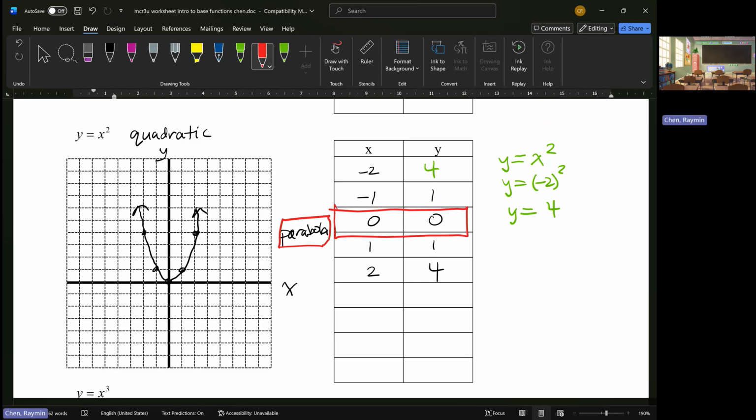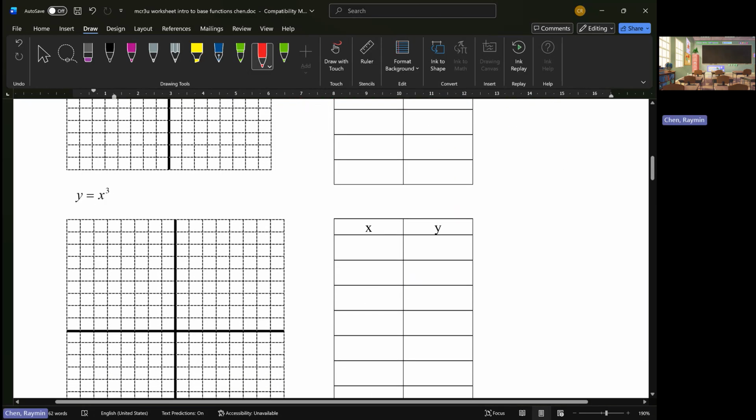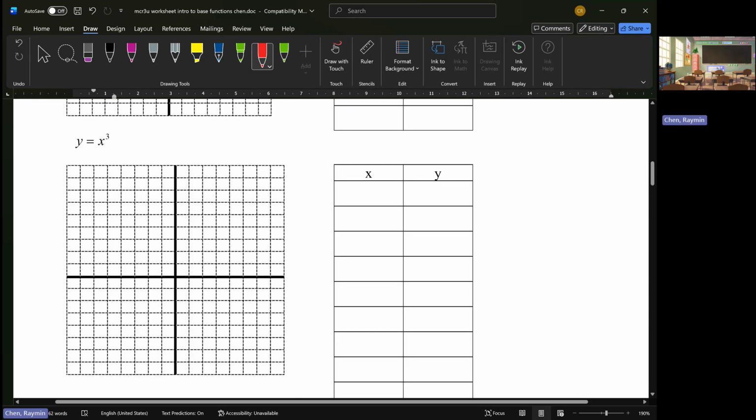Now, for enrichment purposes, I'm not really supposed to teach you this, y equals x cubed. So I'm just going to do this one really quickly. Y equals x cubed is known as a cubic. I don't know why it still stayed red there, but that's okay. Again, I'm going to do this one really quickly. I'm not going to talk too much about this because I'm actually technically not allowed to show you this. But if we do y equals x cubed and you plug it into the function,